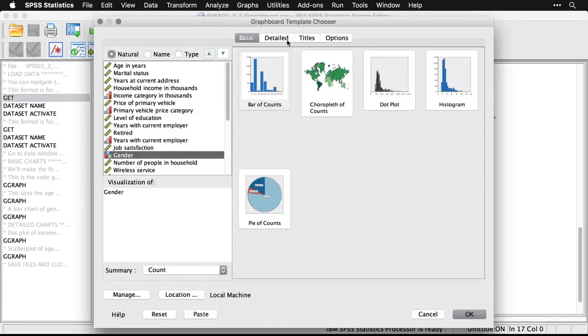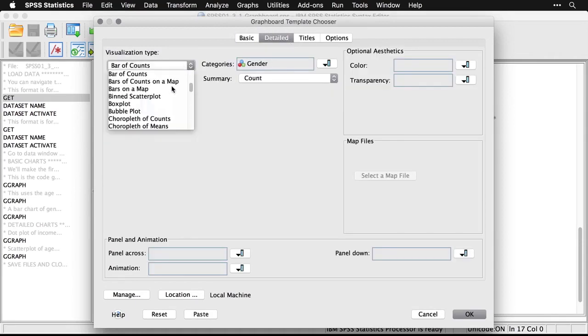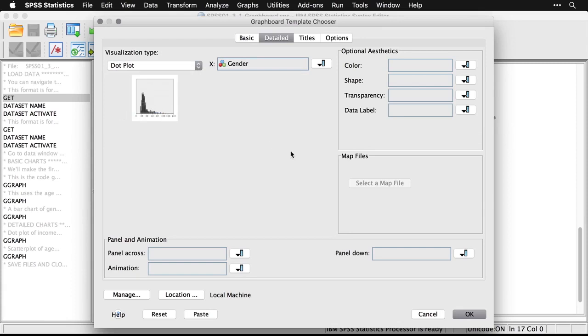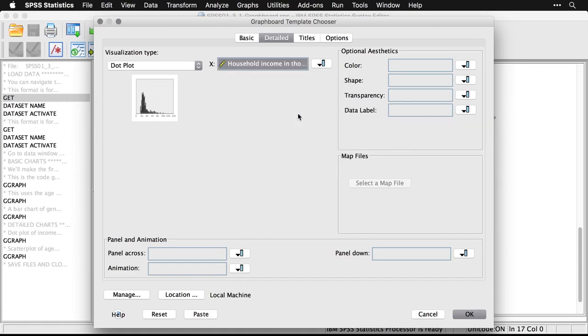This time I'll go to the detailed tab, click on that, and I'm going to make a dot plot. So I'm going to scroll through this. You see we have a lot of choices. I'm going to choose dot plot, and then it's going to ask what I want to make a dot plot of. And I'm going to click on this, and I'm going to scroll to income. See, the one that I want is right here, household income in thousands. I can click OK,